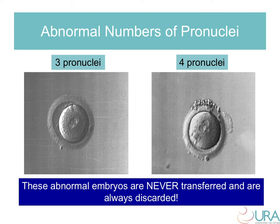typically only seen after standard insemination, or after fertilization of an abnormal egg, which has failed to reduce its number of chromosomes from 46 down to 23. This is usually the explanation when too many pronuclei are seen after ICSI. You can see here an embryo with 3 pronuclei, which would have 69 chromosomes, and this other one has 4 pronuclei with 92 chromosomes. These abnormal embryos will never result in a living child, so they are never transferred and